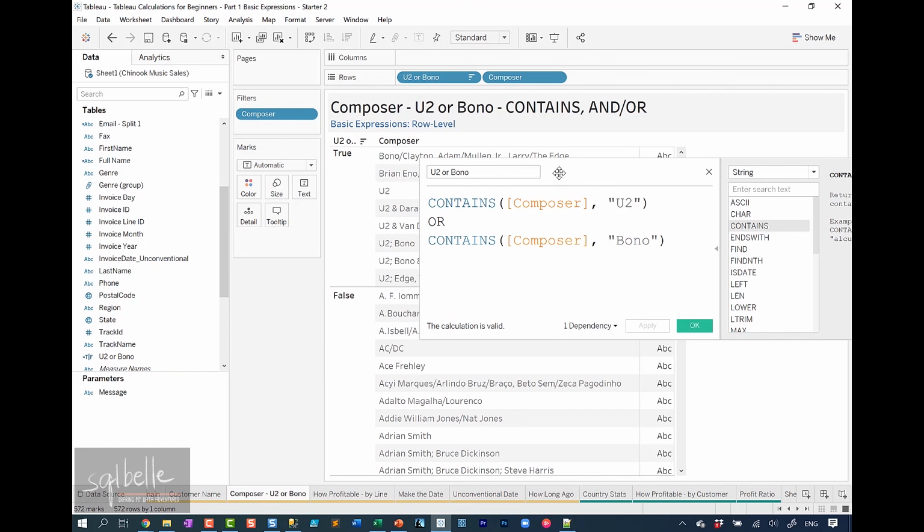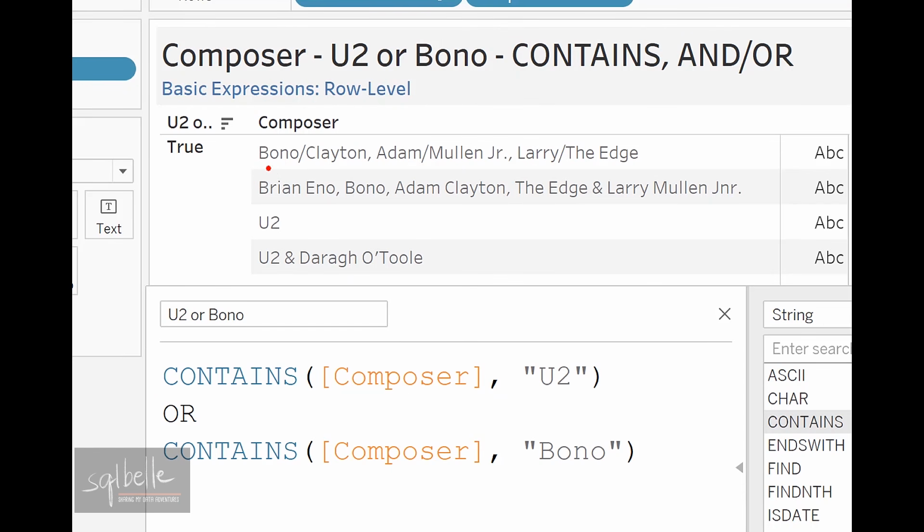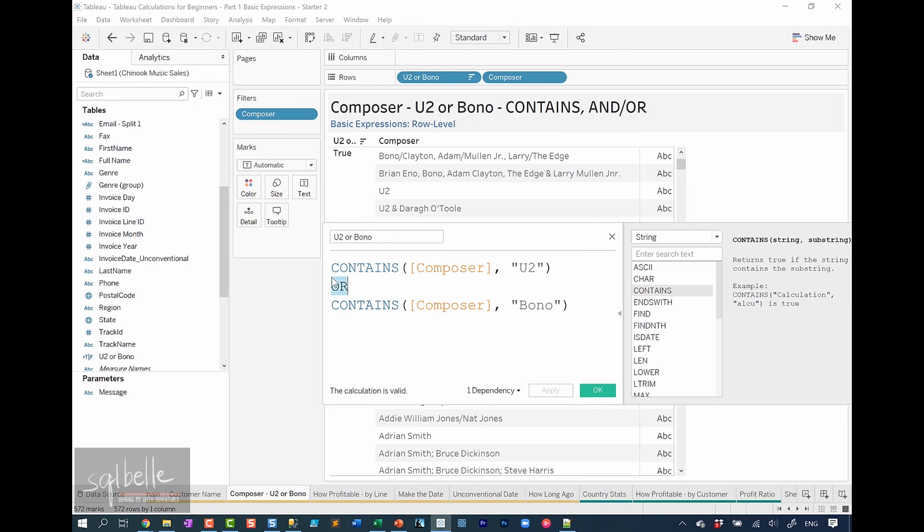So for the ones where it's true, can we check? Contains Bono, contains Bono, contains U2. So in here, we know it's true. But if we change our operator to an and, it means that both of these have to be in the